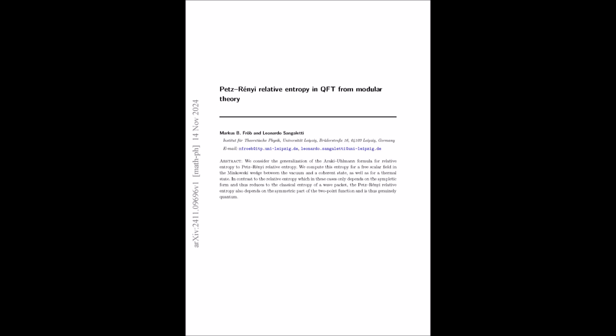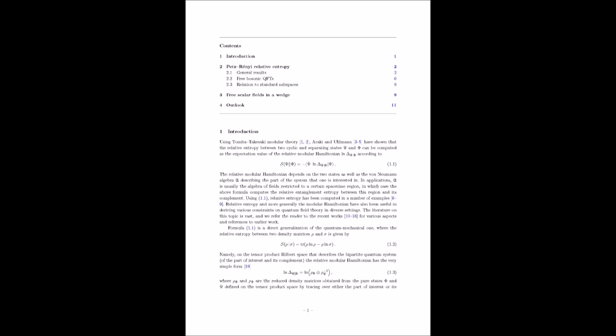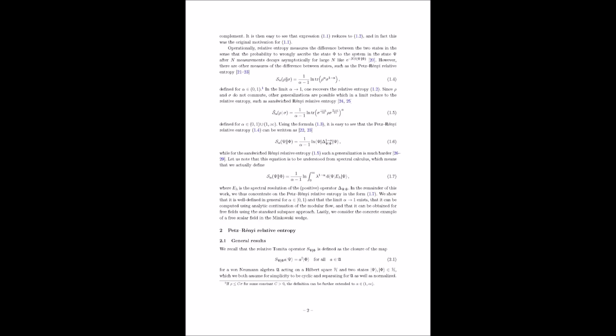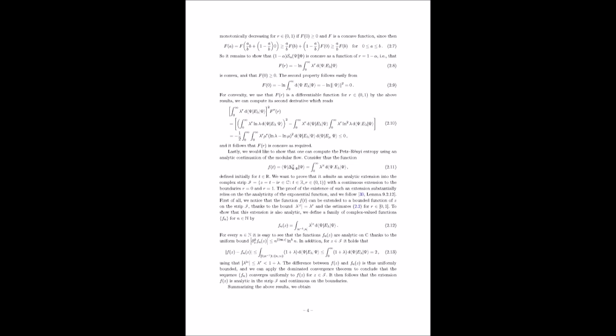Think of Minkowski spacetime, the flat spacetime of special relativity. Now imagine a region defined by all the points where the spatial coordinate x1 is greater than the absolute value of the time coordinate x0. That's our right wedge. So I'm picturing sort of like a triangular slice extending out from the origin of space-time. Yeah, you got it. What makes this particular shape so special for this study?